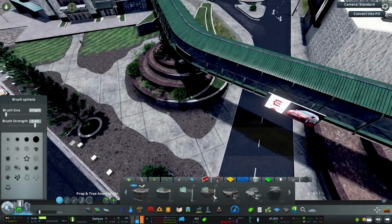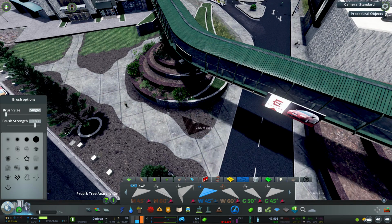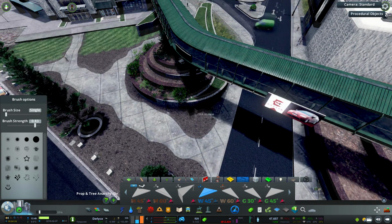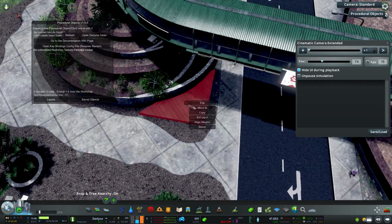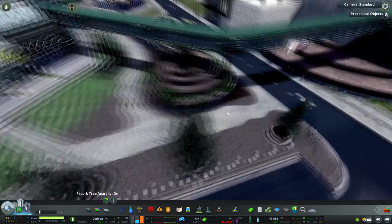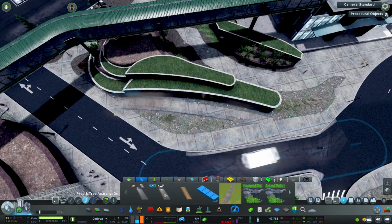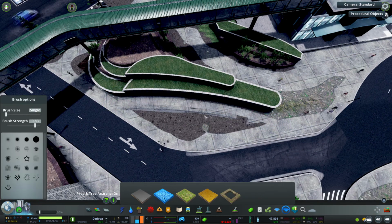And then we're adding in these wooden angled seating things that people could sit on, using the procedural objects to make it to scale and fit in that nice corner area, so it suits the curve quite nicely. And then adding in different walkways for different options that people want to take, and some nice separator